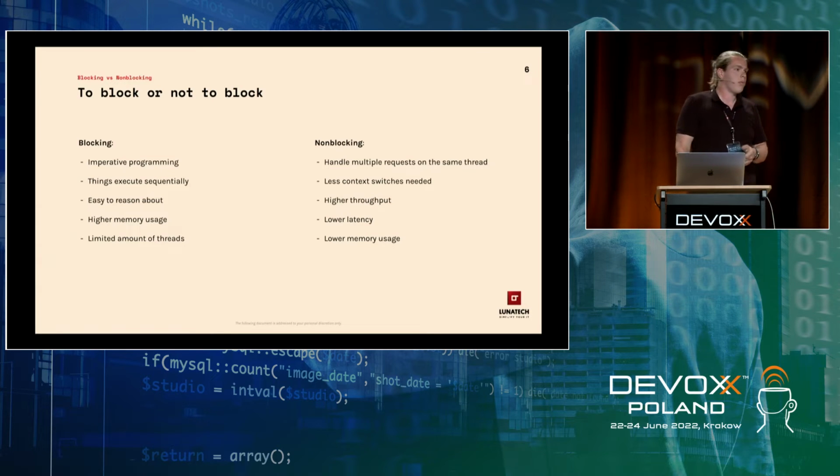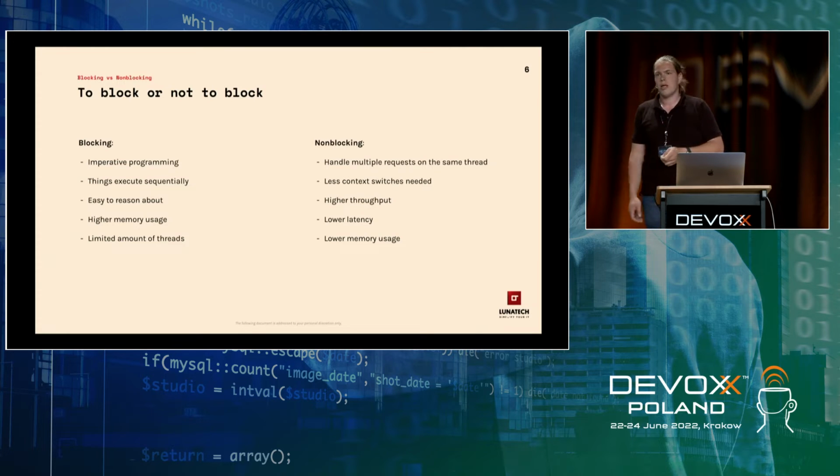On the other hand, when we're non-blocking, we just have a few threads, I/O threads, where we execute or handle those requests on. So the advantage there as well is that we need fewer context switches. So your CPU doesn't have to switch from thread to thread. You can imagine if we block, it has to switch to another thread, do a bit of work there, has to park that in memory again and go back and forth. And especially with modern CPUs, with those cachings in there, it's actually taking more time. So yeah, we lose all the advantages.